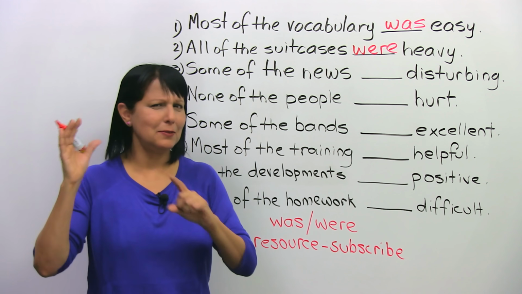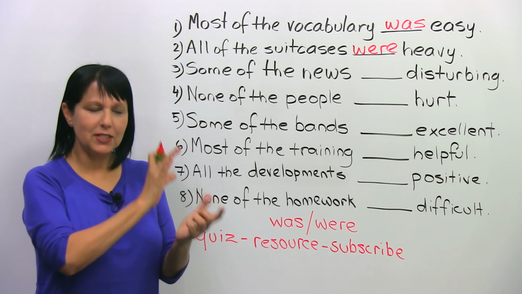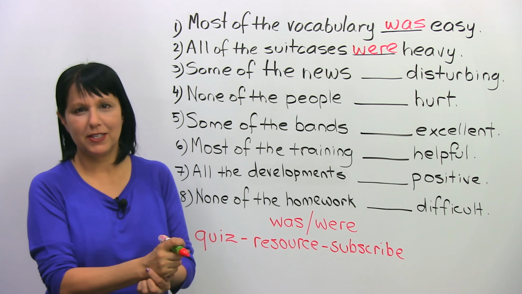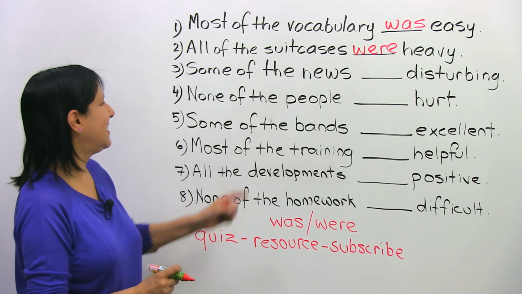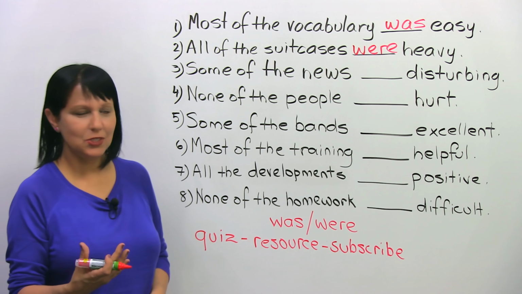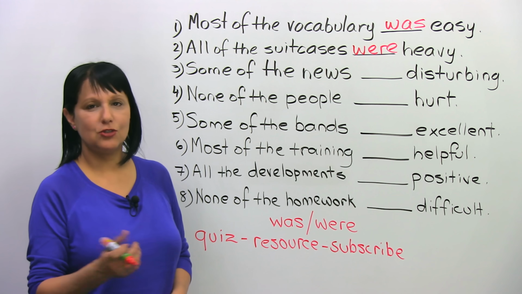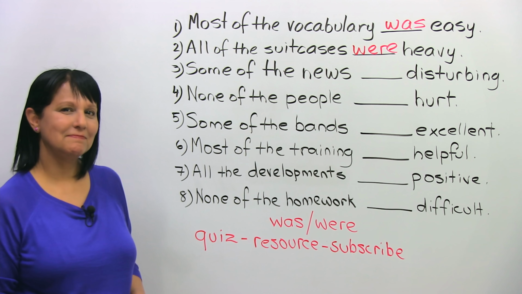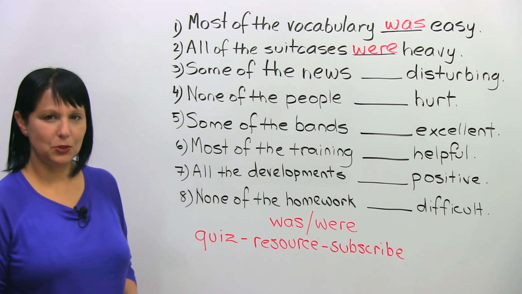I know it can be a little bit annoying, but once you look at some of the examples and you sort of really put them into your mind, it'll come much more easily, okay? I promise you. Next, some of the news, blank, disturbing. Was or were? Some of the news